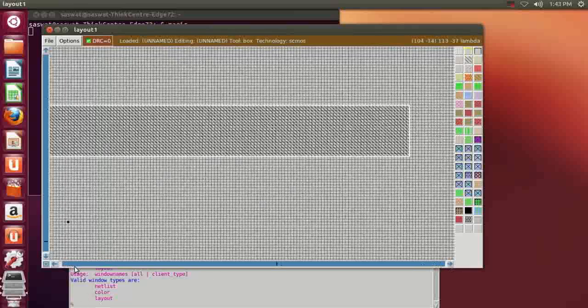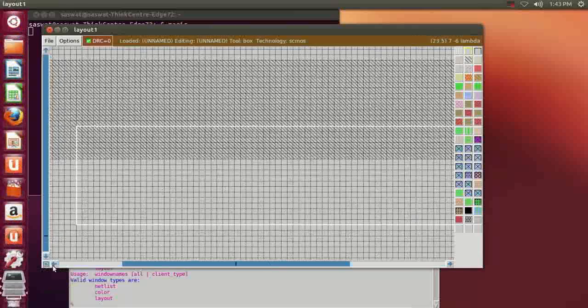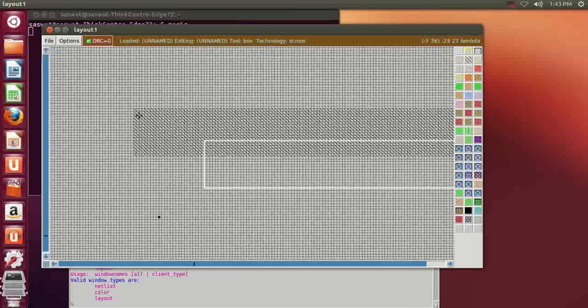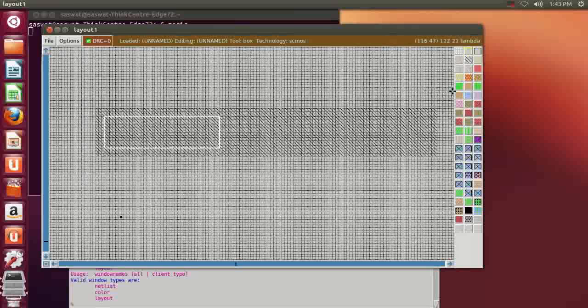Now draw the P diffusion layer. There will be 3 P diffusion for 3 PMOS. So select the area. So this is 1 PMOS. After selecting the area, middle click on the P diffusion layer. This is 1. Then the second P diffusion layer,